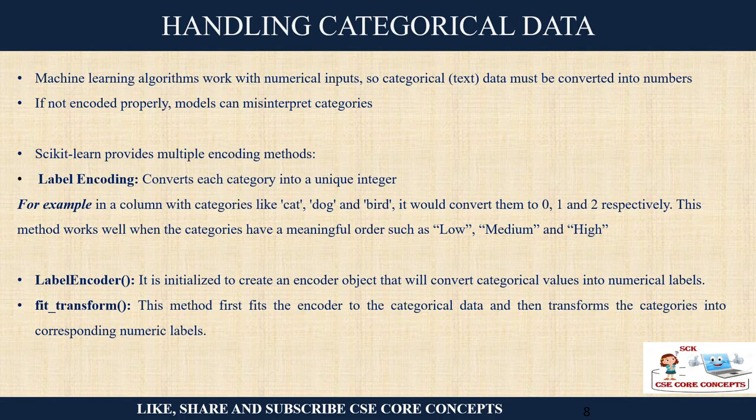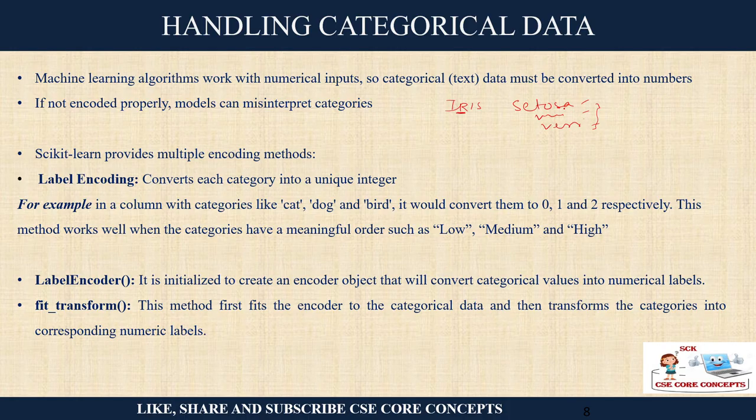Now the next step we will perform in order to create a model is to handle categorical data. What is categorical data? Whenever we are performing some classification, for example, what we are discussing is the iris data set. How many categories of iris flower are there? There are three categories of flowers: setosa, virginica and versicolor. So these are the three types of flowers.